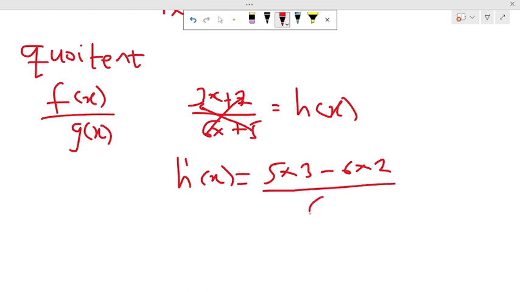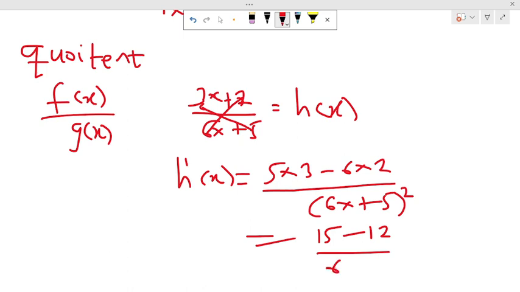That's divided by 6x plus 5 squared. So this is the short trick. So you are going to get what? 15 minus 12, all divided by 6x plus 5 squared, right? Then we get our final answer to be 3 over